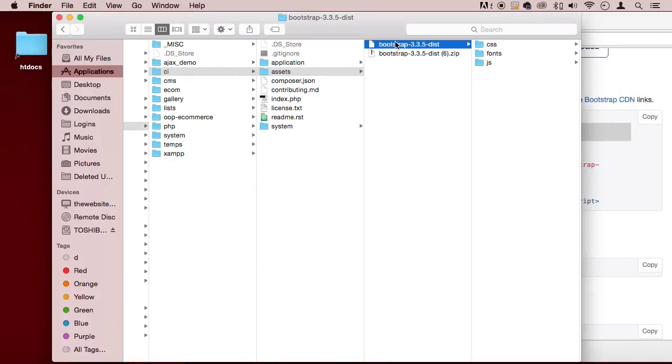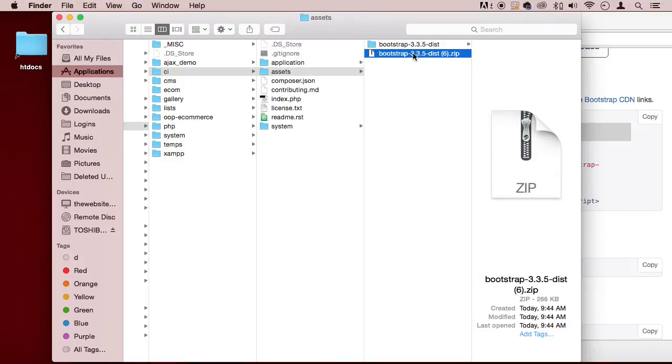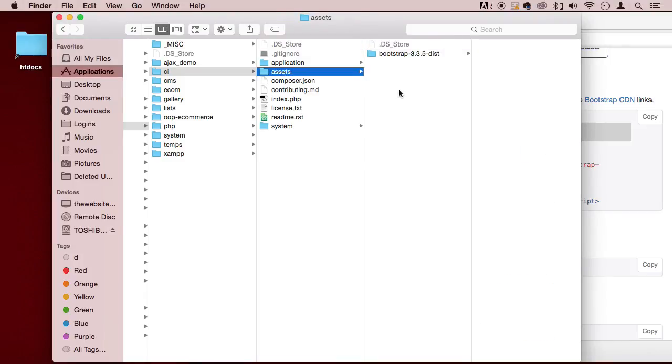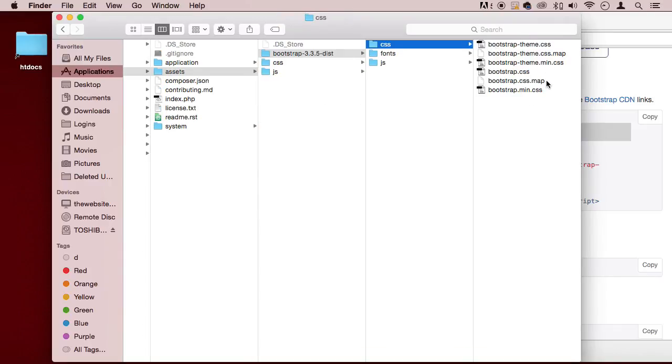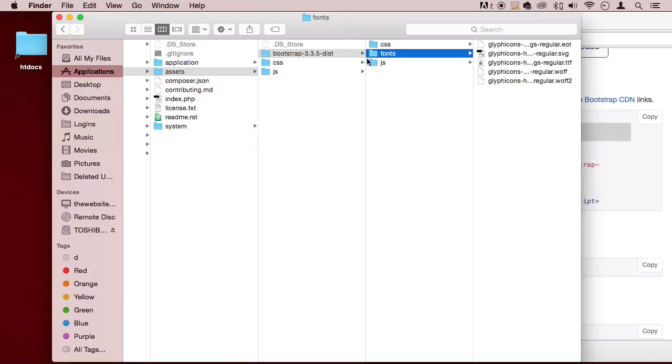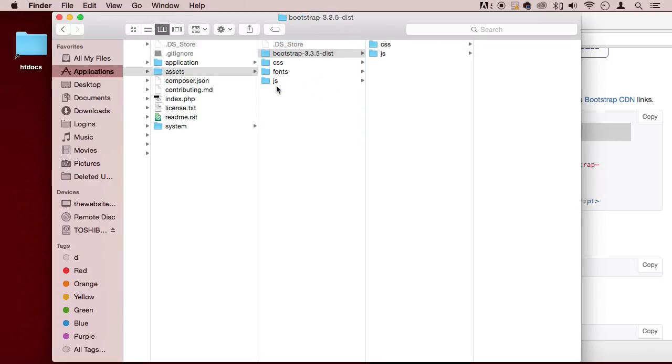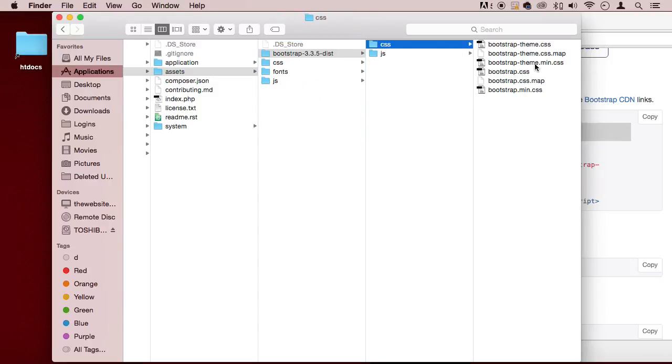All right, I'm going to unzip it. I'm going to delete that zip file. Here I'm going to create two more folders, CSS and one called JS. All right, and that's in assets. Okay, now actually Bootstrap had one, but I don't need everything from Bootstrap. Also, it's very useful to have this fonts folder. I'm gonna drag it in there. So what I want from the CSS folder is, this is the Bootstrap one. I want Bootstrap